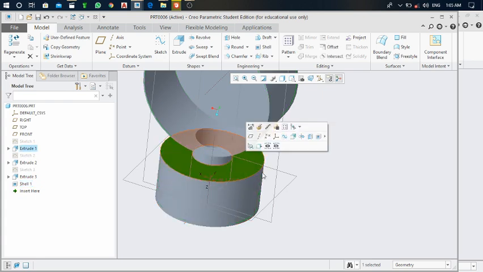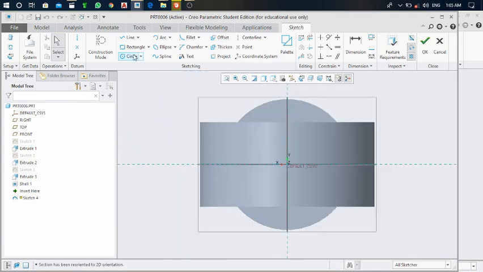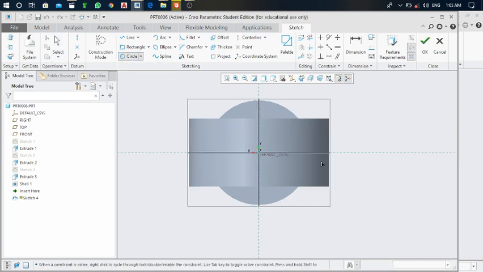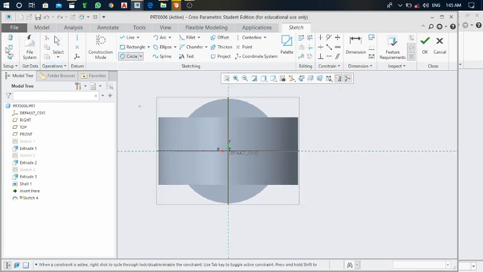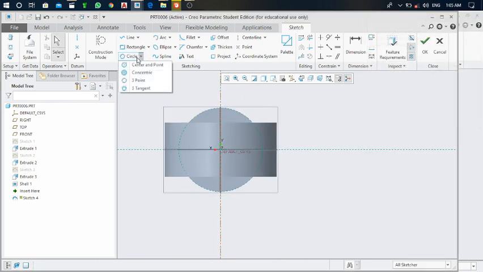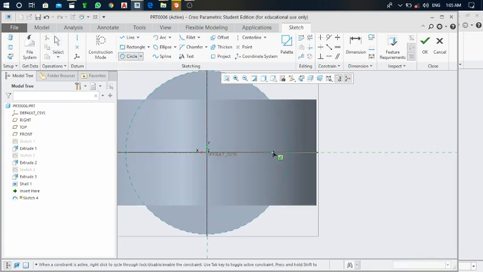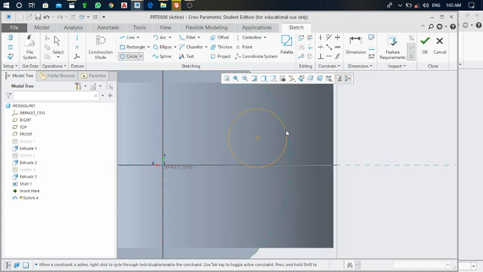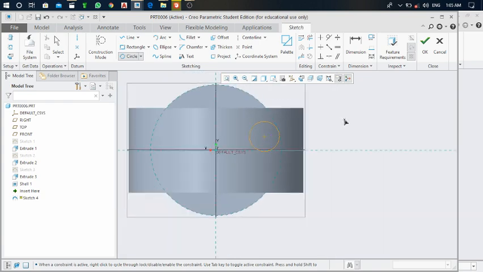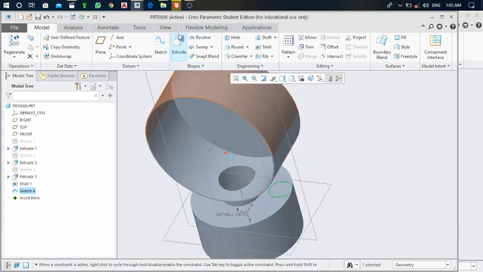For the next sketch, select this surface again, sketch it. After that in the circle, take the 3-point circle. First of all, before doing this, just take our references, close it, go to circle, click on 3-point circle. Here you can see the first point, second point, and this third point I wanted tangent to the circle, so click on it. After that click cursor aside and OK. You can see here. After that extrude it.